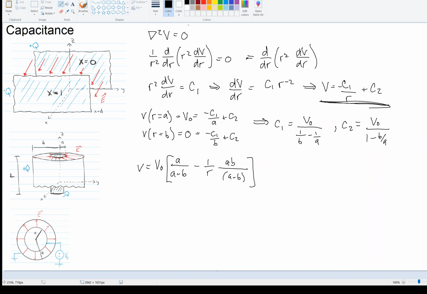I'll let you work the algebra out on your own. Not a common denominator, I multiplied by some factors to get rid of the fractions. Okay, so now